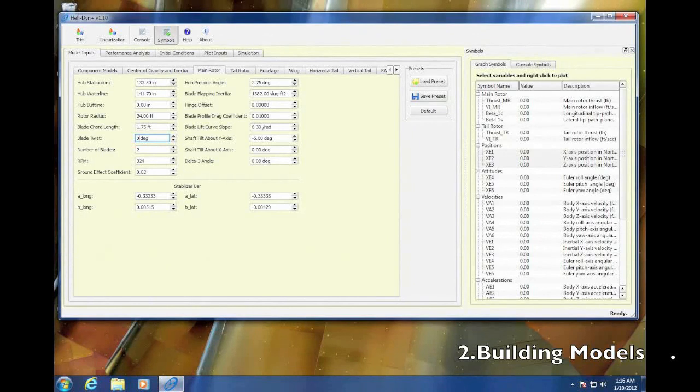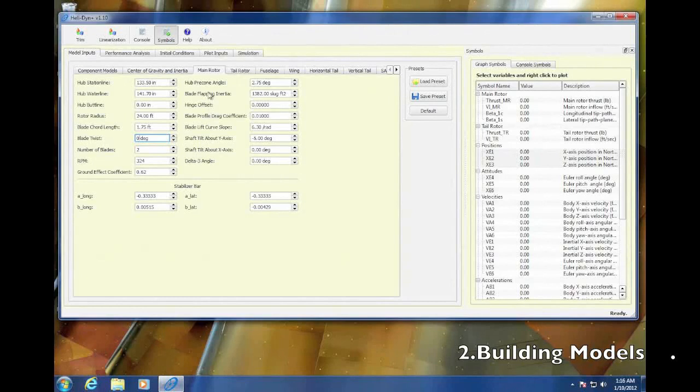effect coefficient, and the definitions for these things are all well explained in this button called Help. And there you will see a PDF, a manual that will explain to you what these numbers actually mean and how it is used in the model. We also have a theory model with Heli-Dyn Plus, which also explains these